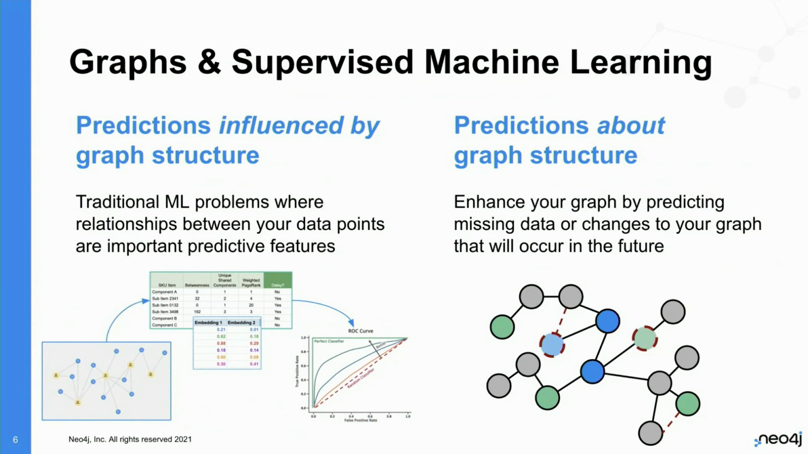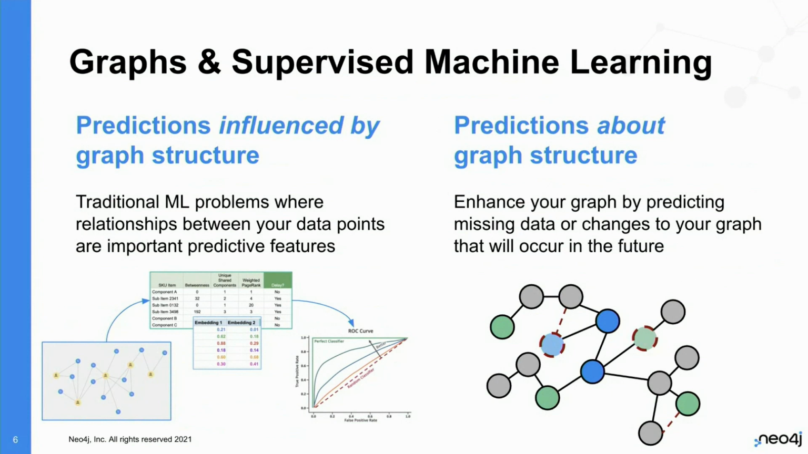The other thing you can do is make predictions about the structure of your graph. So graphy stuff in the graph. You can enhance your graph data, your connected data, by predicting missing data or the changes that are going to occur in your graph in the future. So this might be